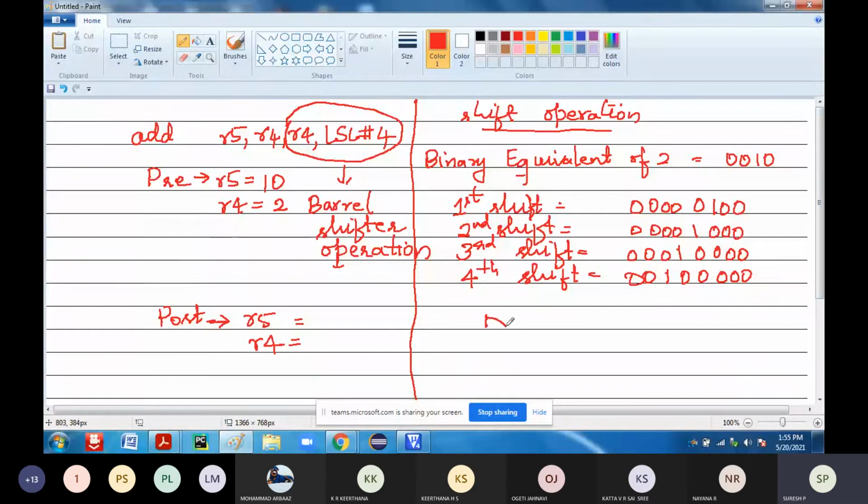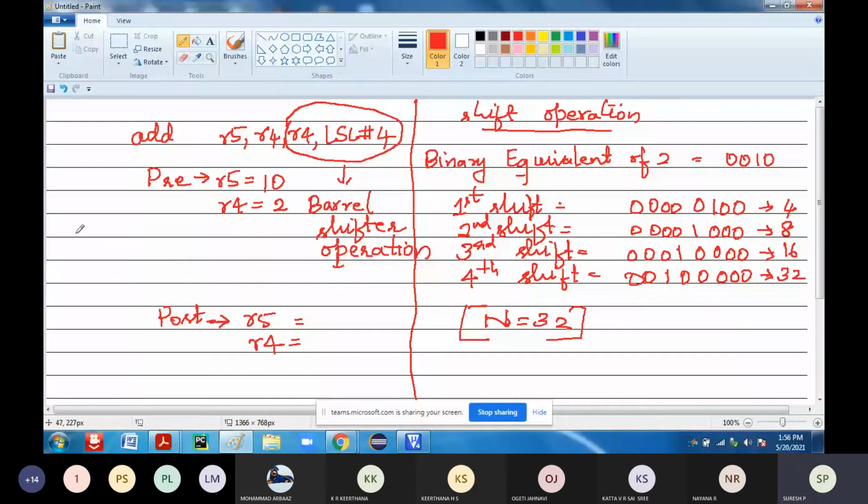So what is the value of N? After that, you are going to get the value of N. What value of N are you going to get? If you shift by 1 bit, it will be 4. If you shift by 2 bits, it will be 8. If you shift by 3 bits, it will be 16. If you shift by 4 bits, it will be 32. The value of N that you are going to get is 32.